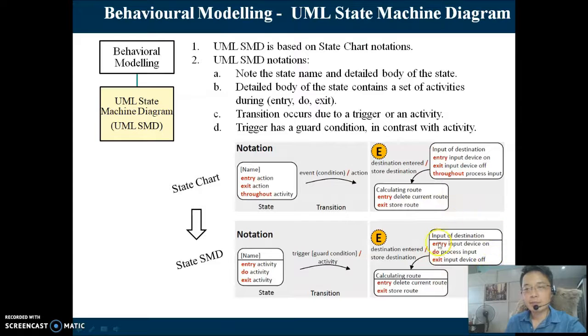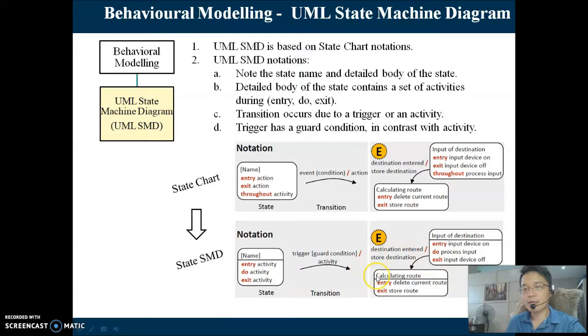The system will change state from input of destination to calculating the route. This only happens after the user enters the destination. This will be the trigger if the user enters the destination. The activity that follows that will be the system storing the destination and the change of state from input of